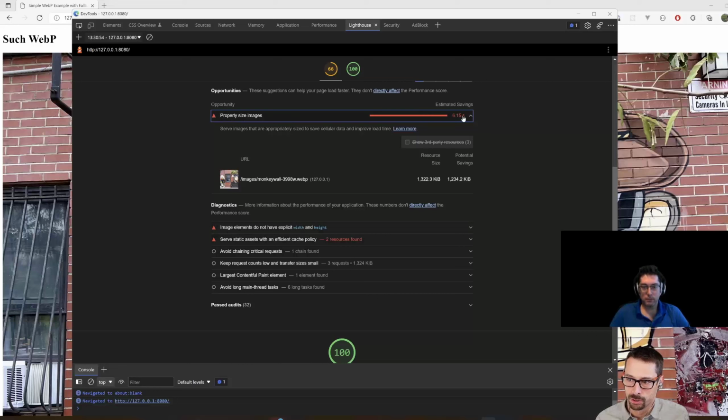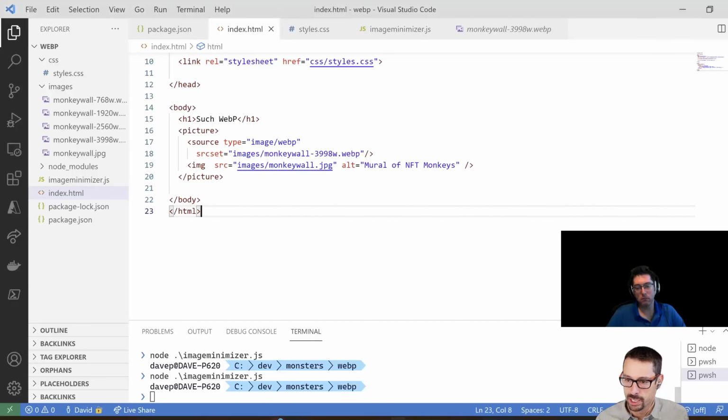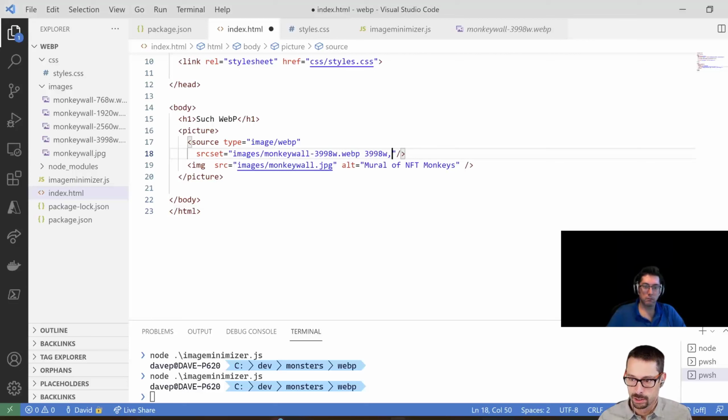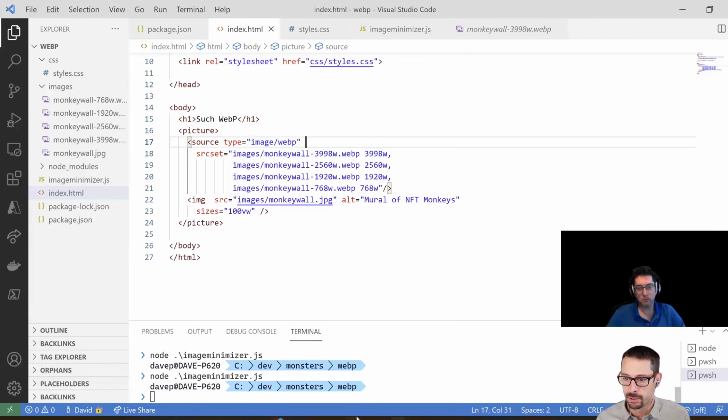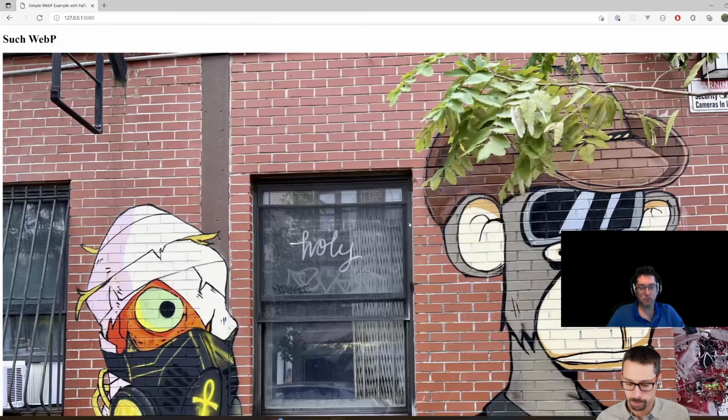And here we're really getting penalized now for the proper image sizes because it's recognizing that instead of a 1.3 megabyte image, we could have just a slightly over 100K image that would be sufficient to display. So that's before the change. Let's go back and make our change again. I just have it in the clipboard. There we go. If I go back to my page,